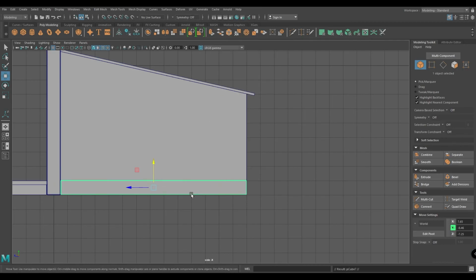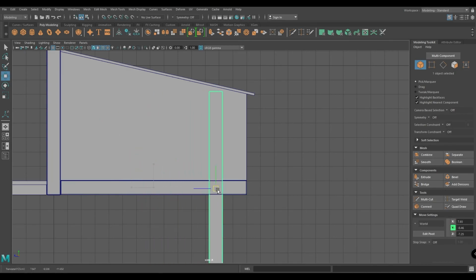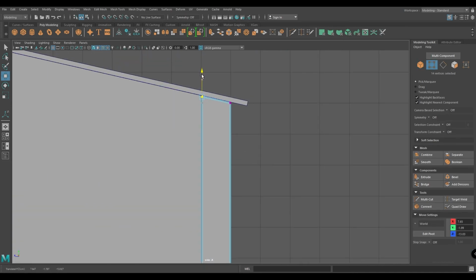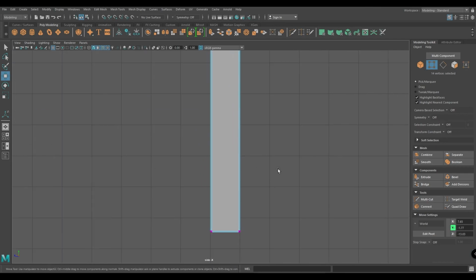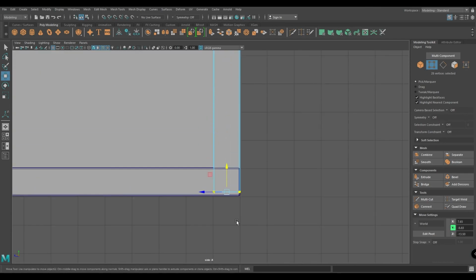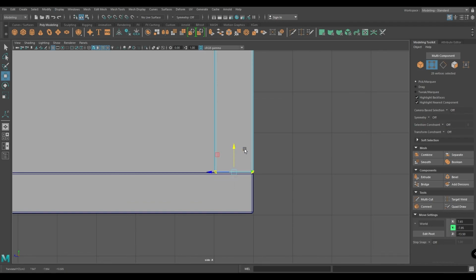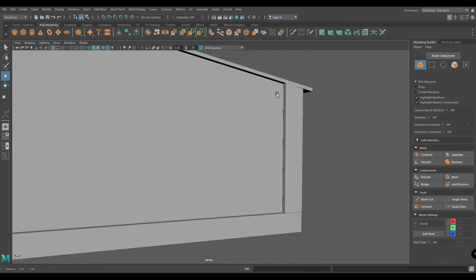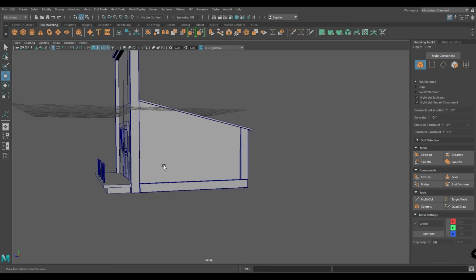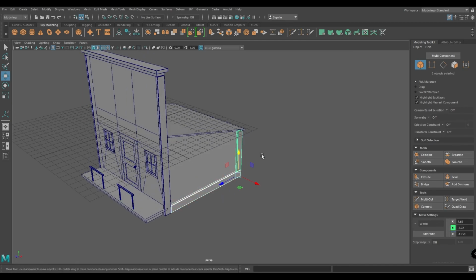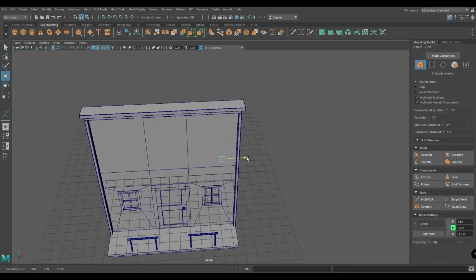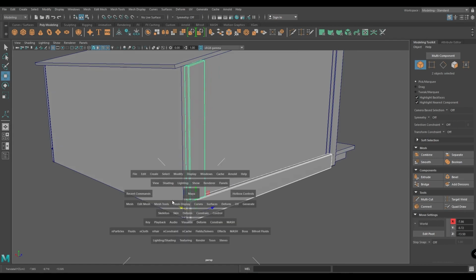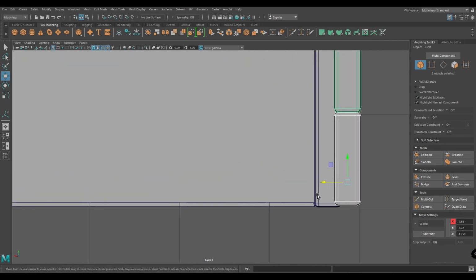And again press Ctrl D, make another duplicate, rotate this, place it here, select the vertices, select both of them, press Ctrl D to duplicate and place them on this side. Go to back view and place them here.